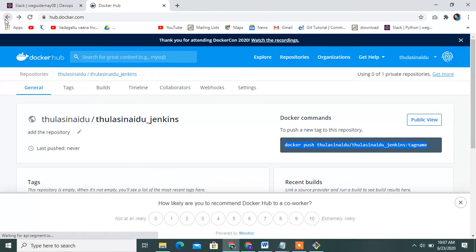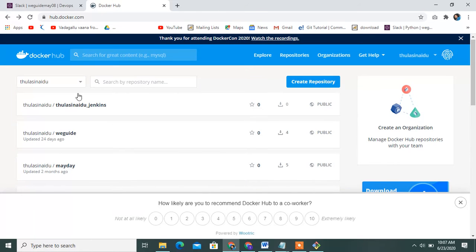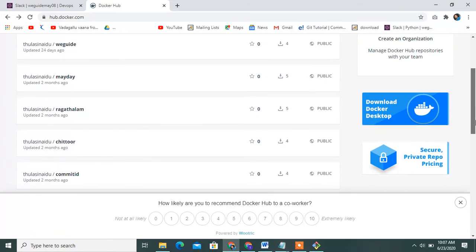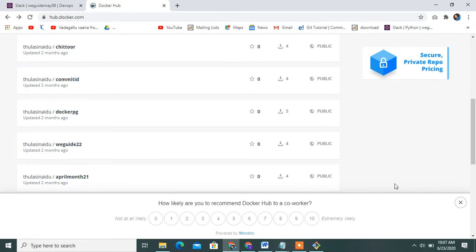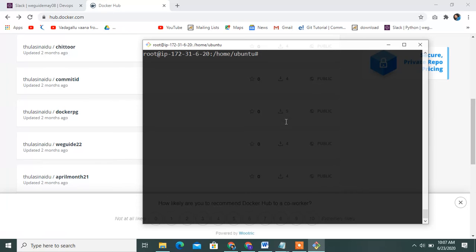First of all, these are all my images. Okay, I will show how to push it. First of all, I will show how to delete the Docker container. Docker ps -a.